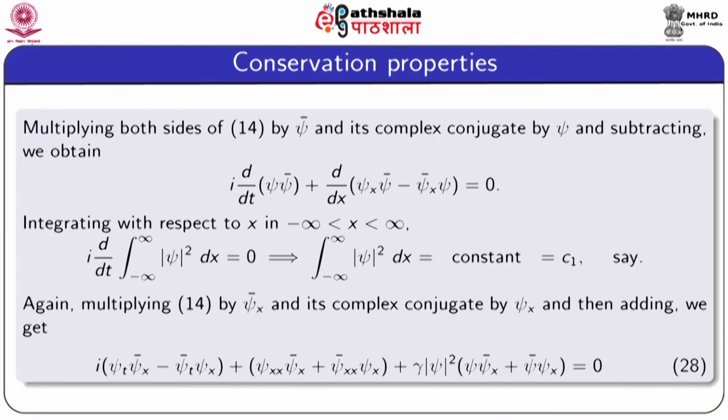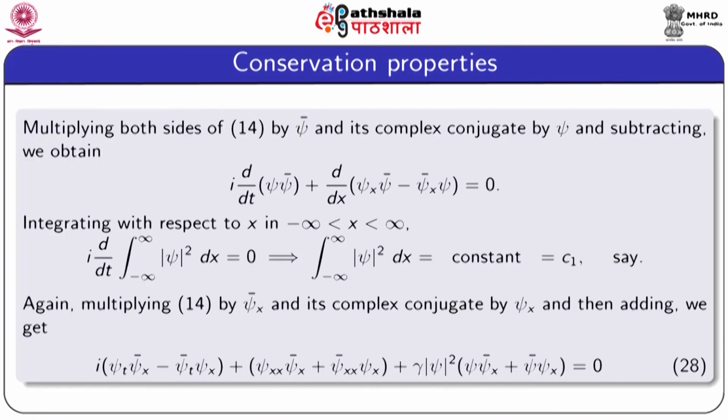In 1972, Zakharov and Shabat proved that nonlinear Schrodinger's equation has an infinite number of conservation laws. These are in the form of integral with respect to x of the polynomials in psi and its derivatives. In this section, I am going to establish two conservation laws. Now, we are going to the slide presentation.